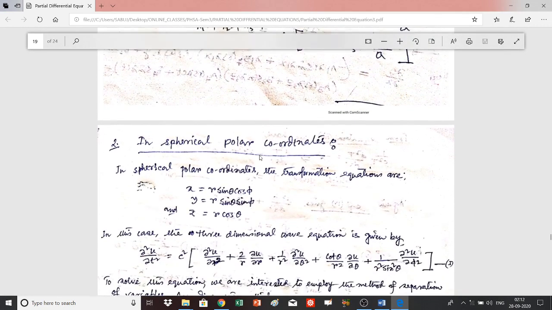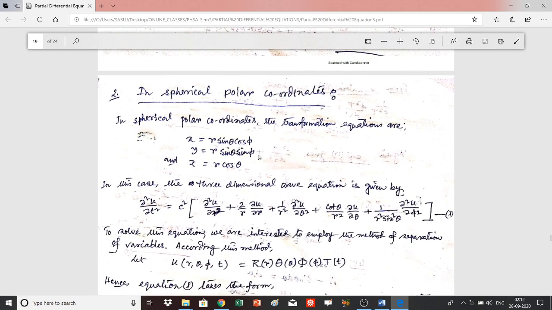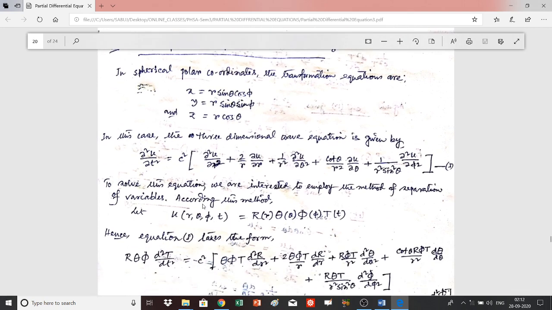Now come to the spherical polar coordinates. You know that in the case of spherical polar coordinates, the transformation equations are given by this, and in the three-dimensional case the equation takes the form like this. Sorry, not a Laplace equation, it is a wave equation. So the wave equation takes the form del 2 u by del t square is equal to c square